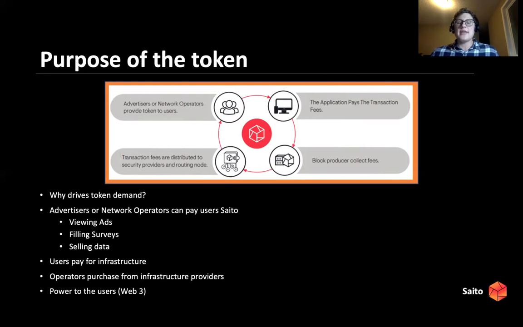And once I sell my personal information to an advertiser, for example, they'll benefit in the sense that they can probably do a little bit more targeted advertisement. And also I benefit because I get Saito tokens that I could use to use these services that are built on top of the Saito network. So I would use those same Saito tokens and give them off to the infrastructure, which keeps the Saito network running. And then in turn, the advertisers would buy those tokens back from the infrastructure layer and sell them back to the users for performing some of those activities, like viewing those ads, like I said.